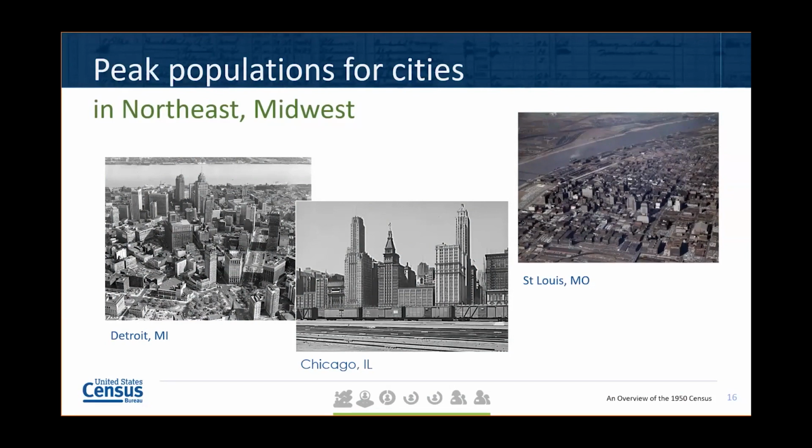Of the 10 largest cities in 1950, only New York and Los Angeles would have larger populations in 2020. The other 8 cities, Chicago, Philadelphia, Detroit, Cleveland, St. Louis, Baltimore, Washington, D.C., and Boston, all saw their decennial populations peak in 1950, and they would lose population in the coming decades. In some cases, the population losses were sizable, amounting to one half or even more than one half of their 1950 population. But for several of these cities, their populations have begun growing again in recent decades.